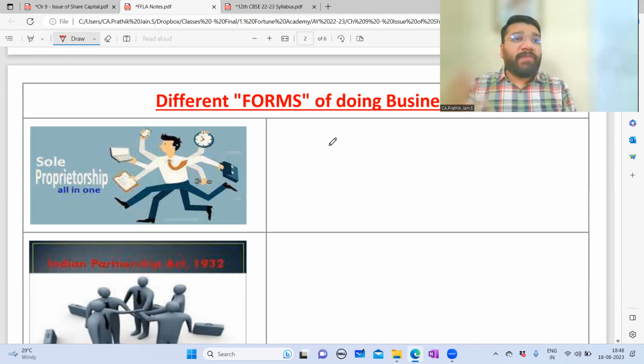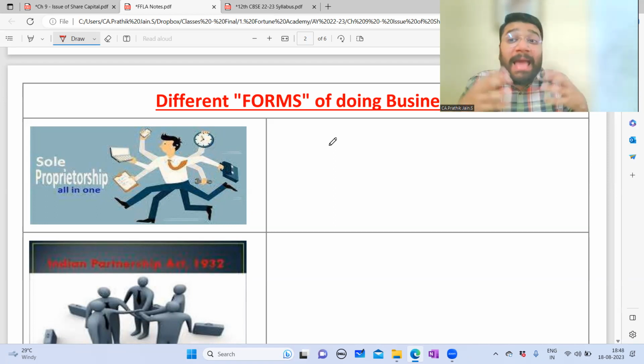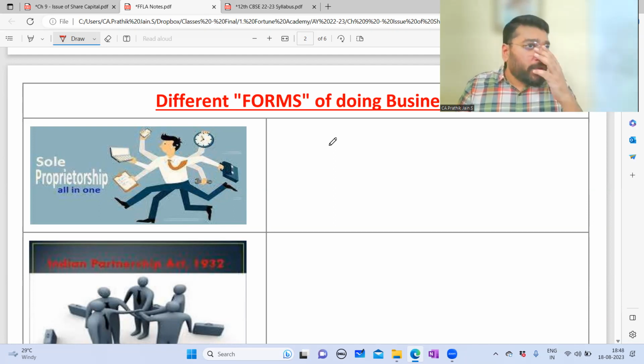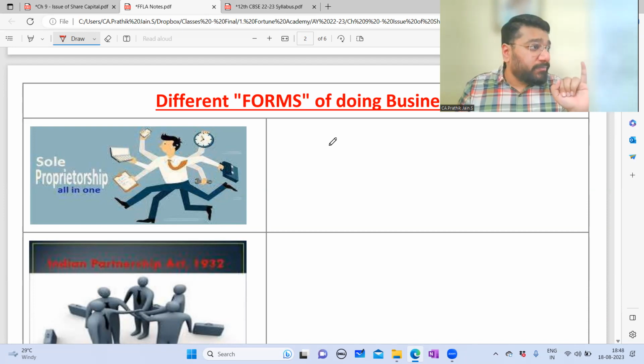So he finds a different way or form in which he can pool more people as an equal owner who can invest in the business. So in a sole proprietorship business, the problem is that only one owner can do the business. So there is a lack of capital. There's a capital constraint. To overcome that capital constraint, he will look to forming either a partnership concern, a limited liability partnership concern, or a company concern. So the first constraint that a sole owner faces is the capital constraint.